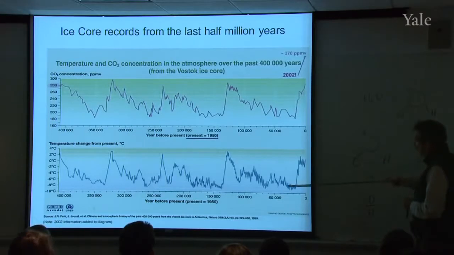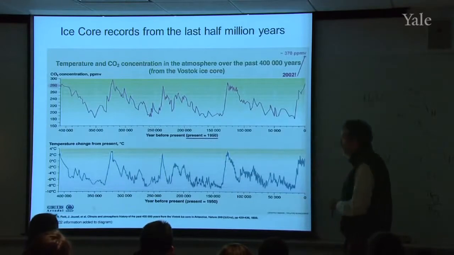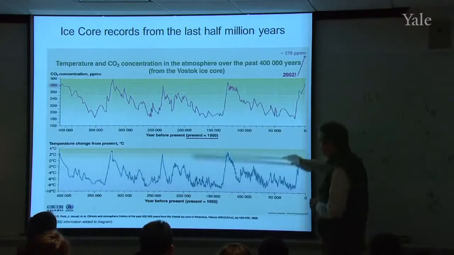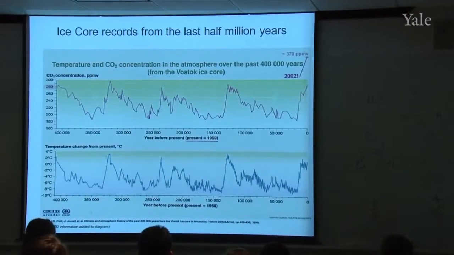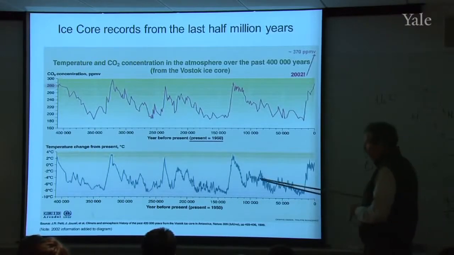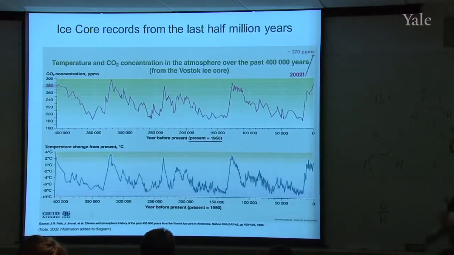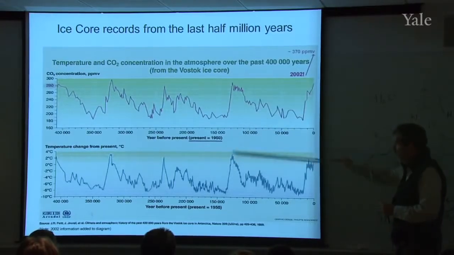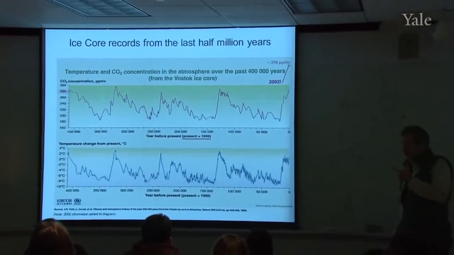Then back into the end of the last ice age, the last glacial maximum is here. You had much lower carbon dioxide concentrations, even below 200 parts per million. It stayed low. In other words, it mirrored the temperatures quite remarkably. Carbon dioxide concentration and temperature give a very similar record, at least over this period we call the Pleistocene, with the ice ages coming and going and coming and going, which we'll talk a lot about coming up in the global warming section, but at a very minimum, this reinforces our idea of the importance of